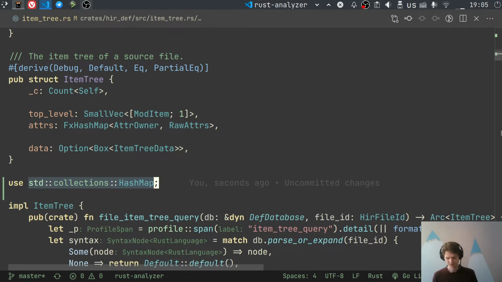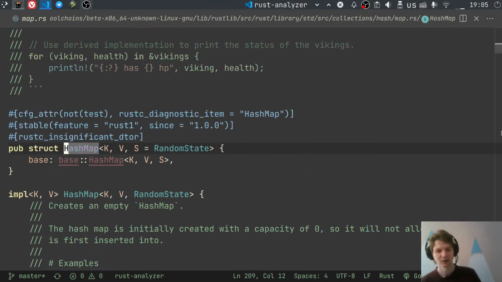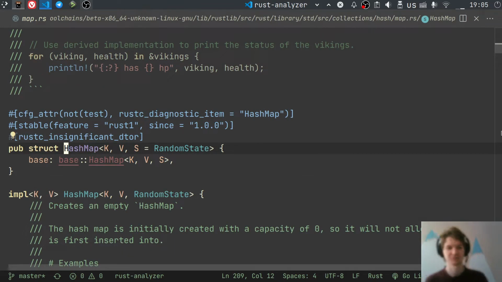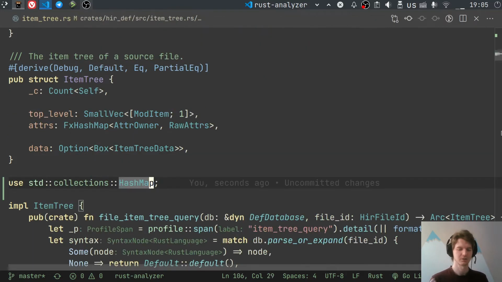On the other hand, you can think about this not as a path which refers to the hash map, but as the hash map itself. So if the hash map has some internal ID in the representation, you can look at this as use